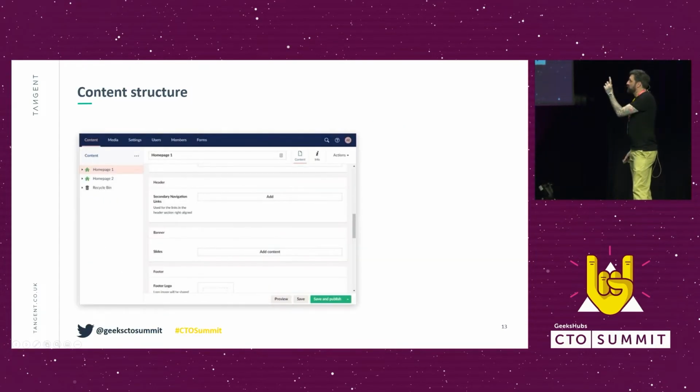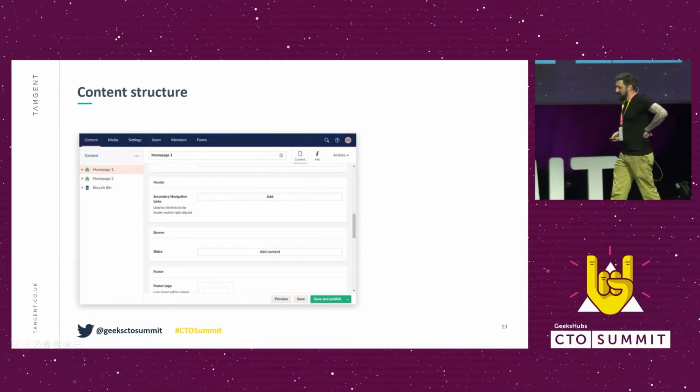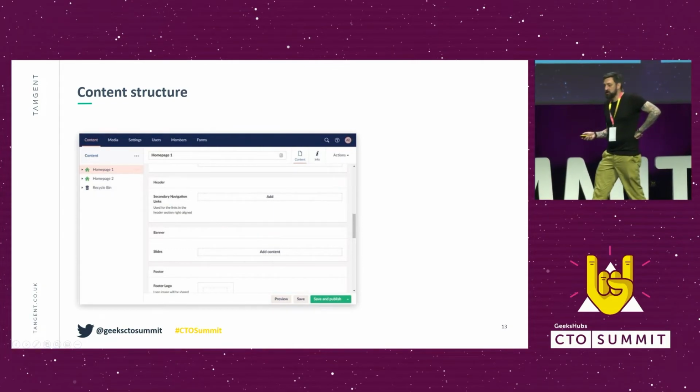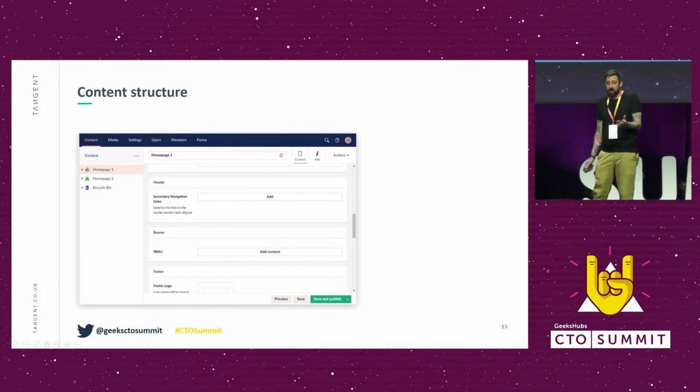Now, one more slide. One more thing to talk about, actually, and I did mention this briefly, was shared items in content structures. So when you have something like the navigation, and you make a navigation change, or you have a